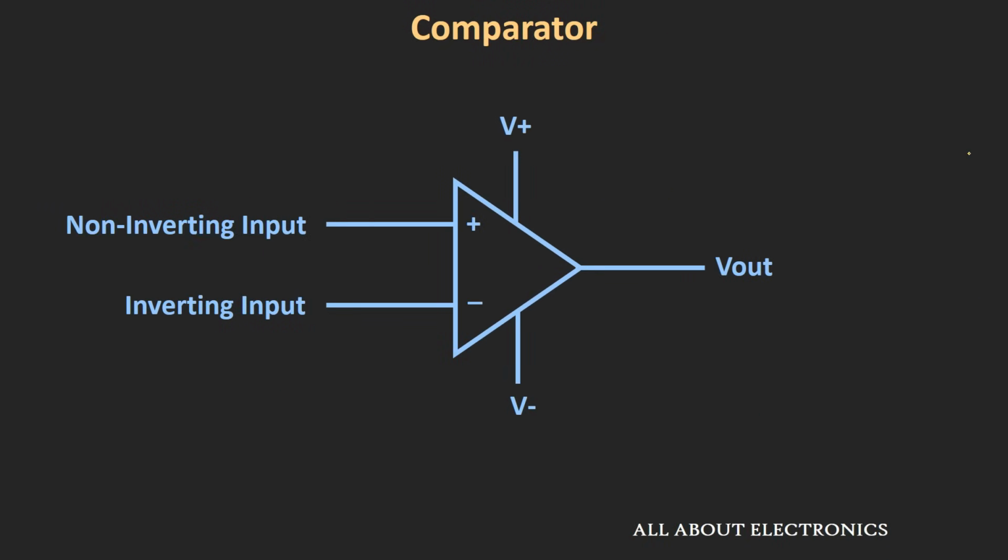Now so far in our discussion we have assumed that the inputs being applied to this comparator are ideal inputs. That means they do not contain any kind of noise. But practically, it is quite possible that noise may get superimposed over these input signals, and in that case, because of this noise, your output voltage may get affected. So let us understand this by taking one example.